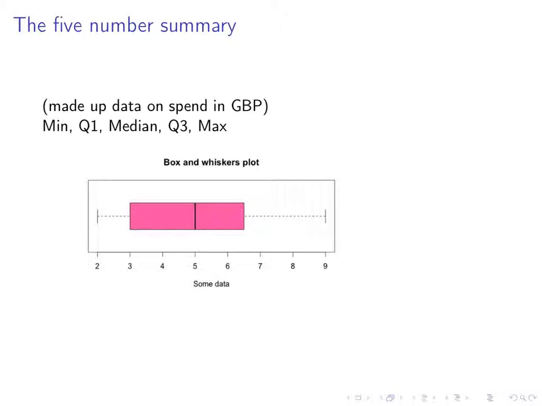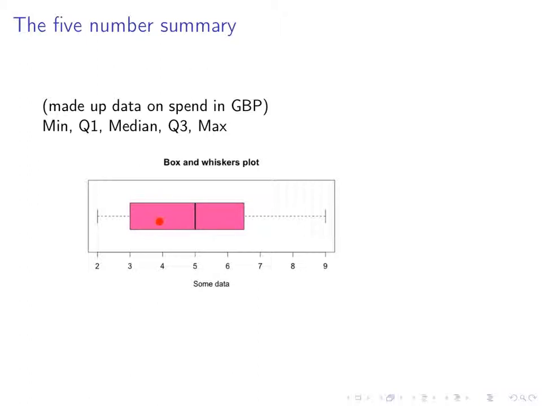There are two caveats about these box and whiskers plots. 50% of the data points lie within the box. Now the reason we have to be careful with this is it's visually misleading. When we construct histograms, we go to a lot of trouble to make sure that the area of the bars represent the proportion of data points. Here we have an area that is larger than here, but the way the box plot is constructed, there are